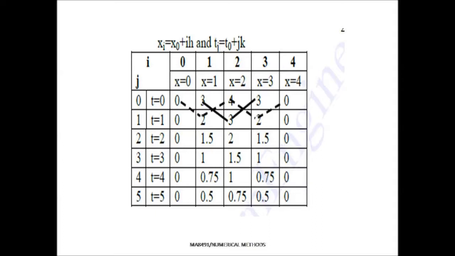Now this is the table we have formed using the boundary values. Now see that using our formula c equal to a plus b by 2, we are calculating our interior points. We have already found our boundary points when x is equal to 0 and x is equal to 4 in our initial condition, and similarly we have found our first row, t equal to 0, also using our function.